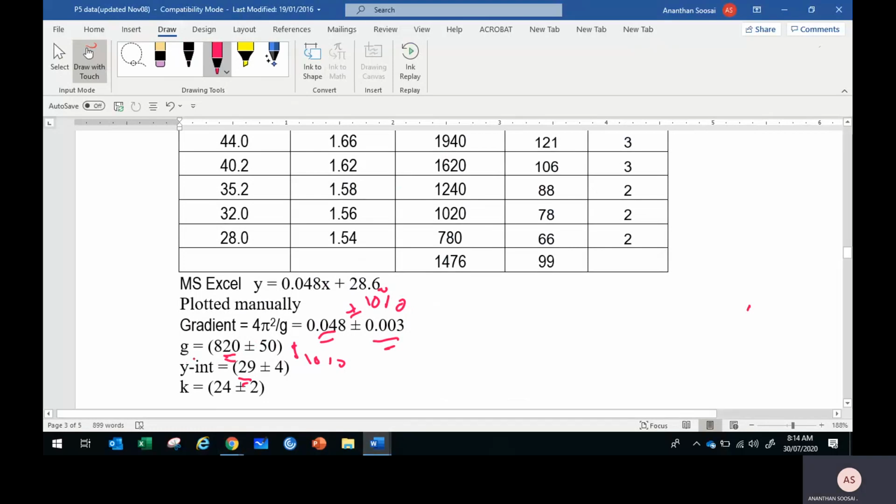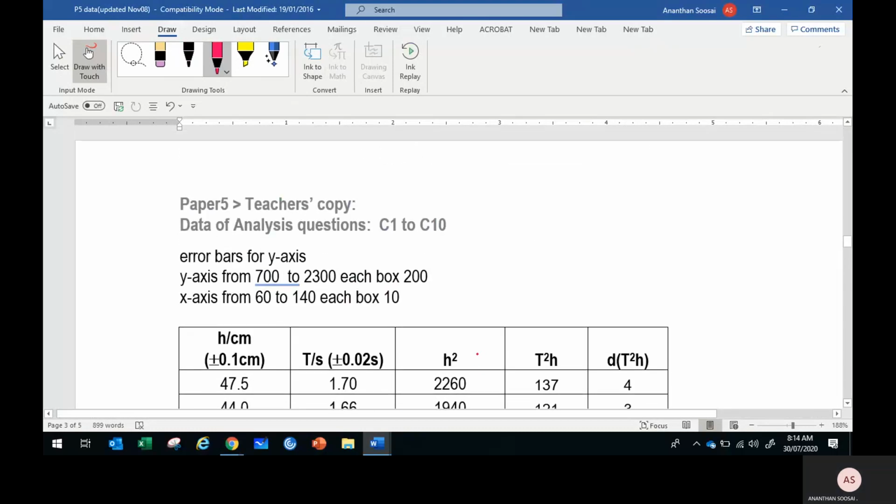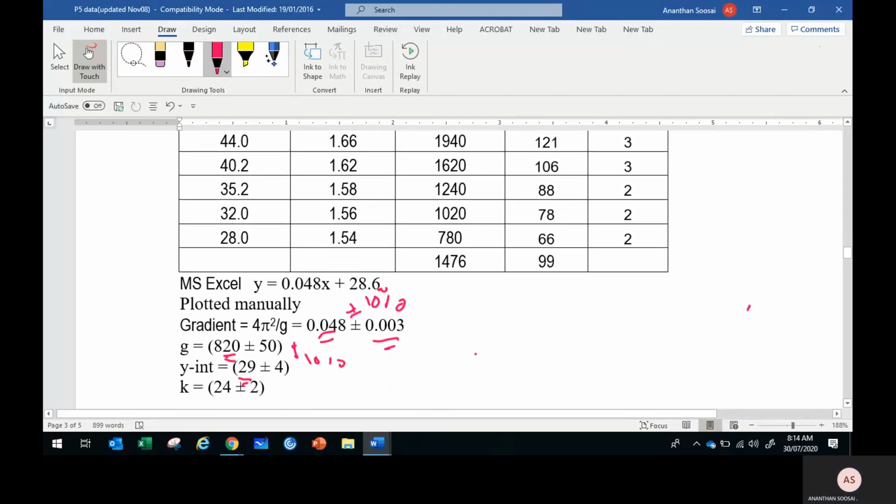So gravity. How to get your gravity? The gradient is 4 pi squared over g. For the case of gravity, what you did, you find the gravity by using the best fit line and the gravity of the worst fit line, right? That's one way. Another way is